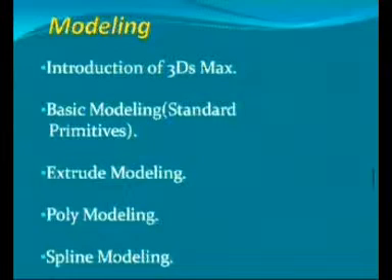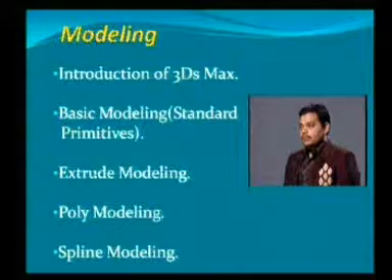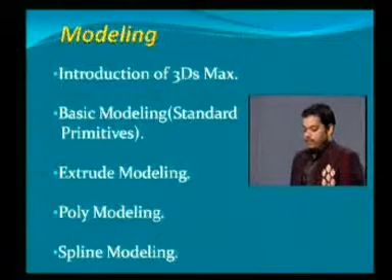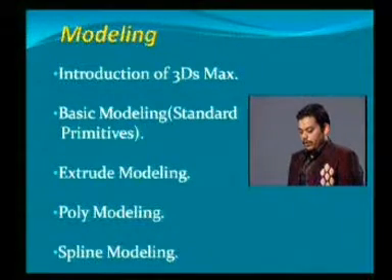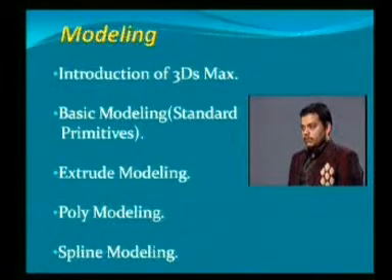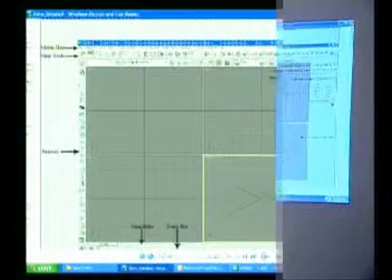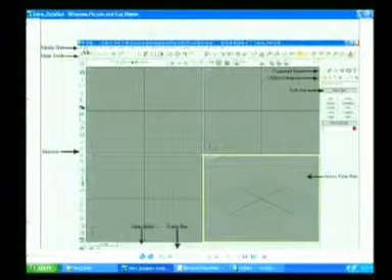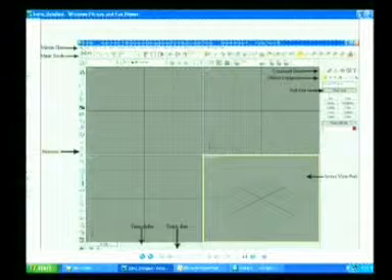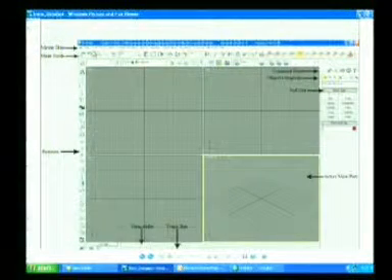Here are the contents of modeling: introduction of 3ds Max, basic modeling. In modeling we have 4 types: basic modeling, extrude modeling, poly modeling and spline modeling. Here we have the interface of the software. The first one is the menu bar. We have the options of file, open and close, edit, tools,